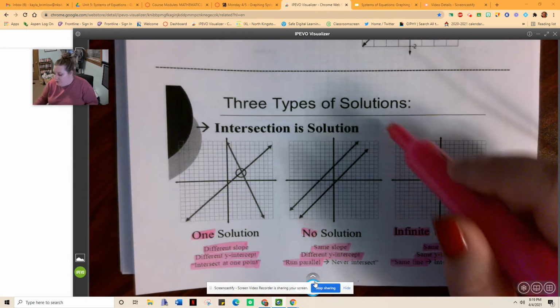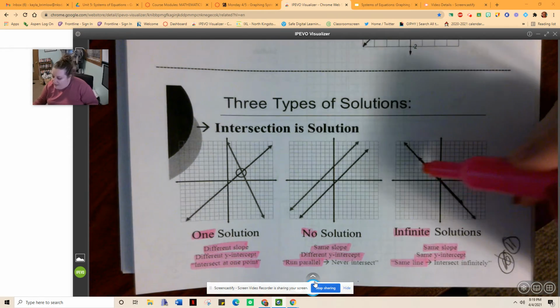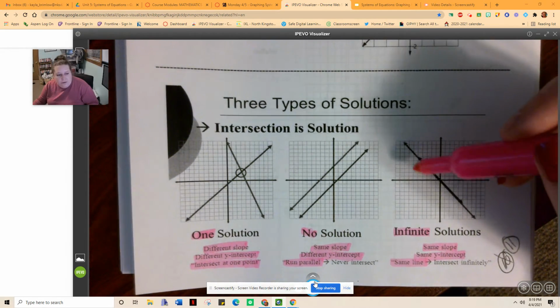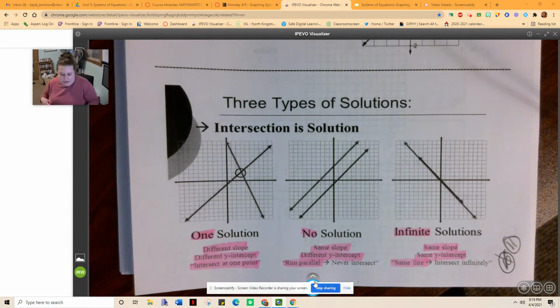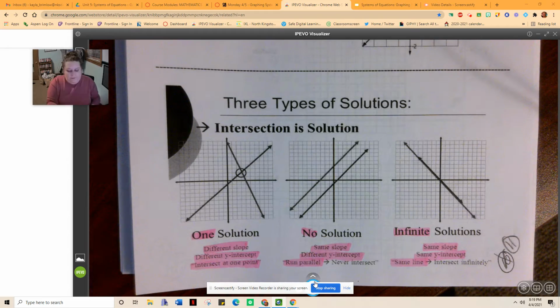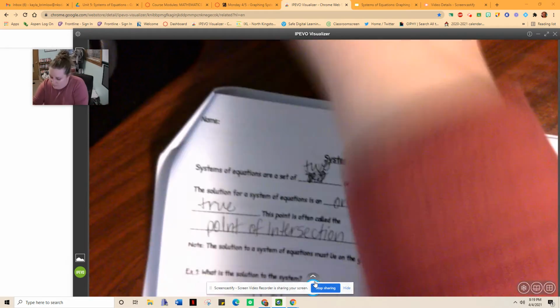So on your graph, if you had infinite solutions, it would look like one line. You can see they try to overlap it, so they've got a smaller line over the larger line, but at the end of the day, it's the same line. If you could flip to the next page,